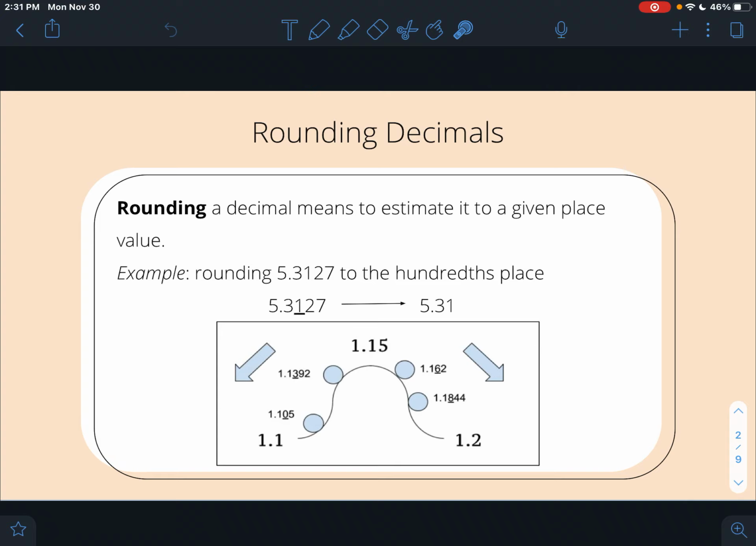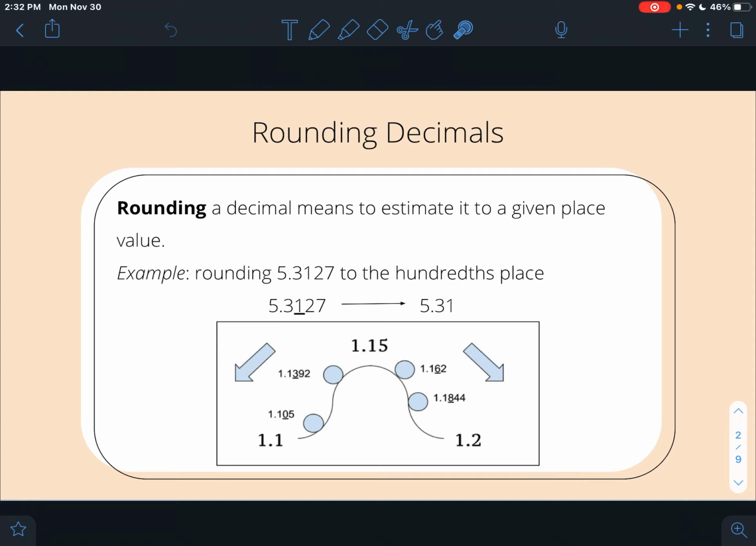If instead of a number line, we imagine the numbers from 1.1 to 1.2 forming a hill, then rounding the decimals to nearest tenth is easy. We just see which number the ball rolls towards. In this case, all the numbers less than 1.15 roll towards the left towards 1.1, and all the numbers greater than 1.15 roll to the right towards 1.2. 1.15 is at the top of the hill exactly in the middle of 1.1 and 1.2, but by convention we round 1.15 towards the right to